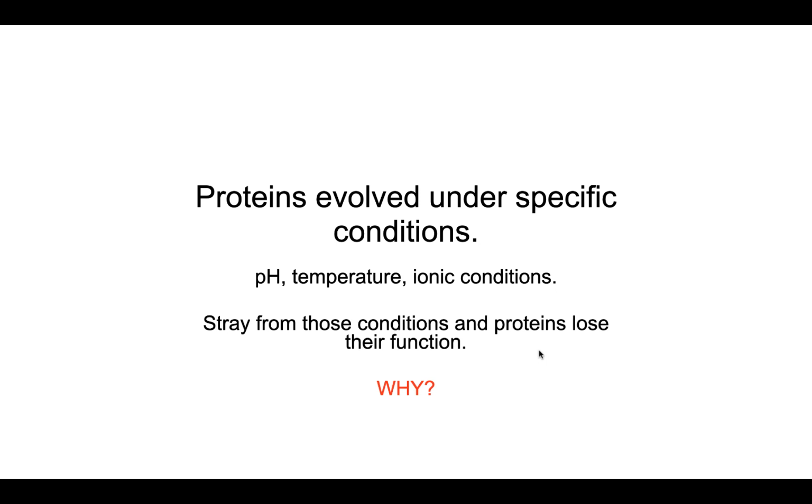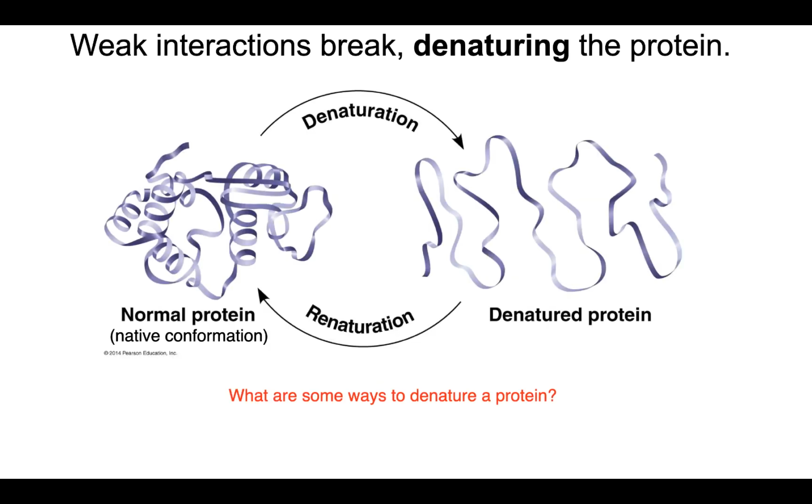The protein is going to lose its function. Why? Because when you put a protein into conditions that it did not evolve in, when you stray away from those optimal temperatures and pHs and ionic conditions, weak interactions are going to break, and that protein is going to